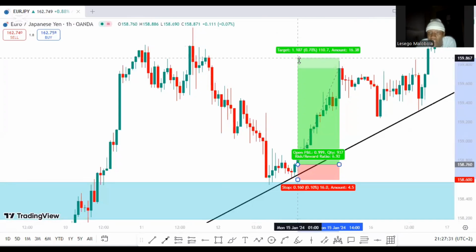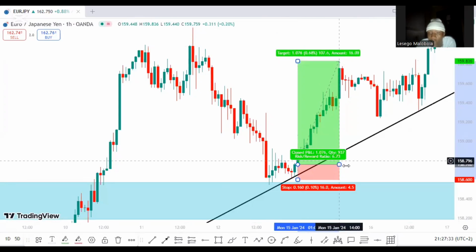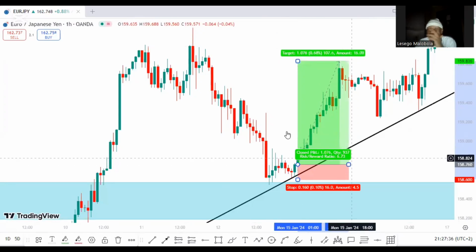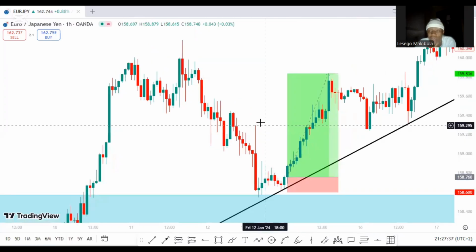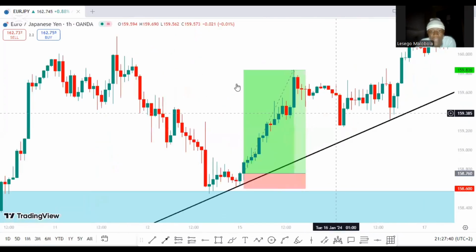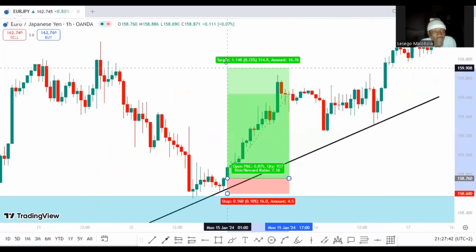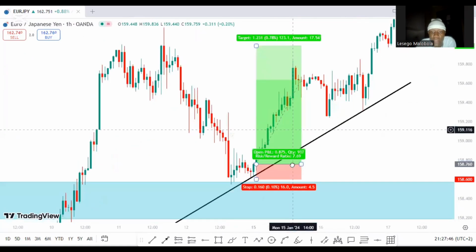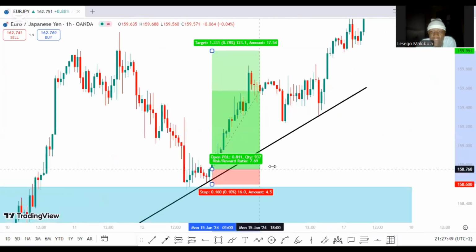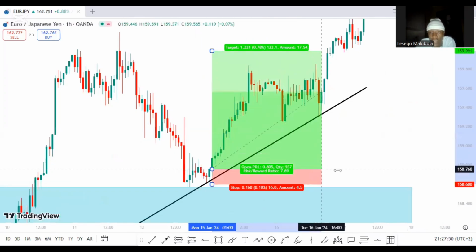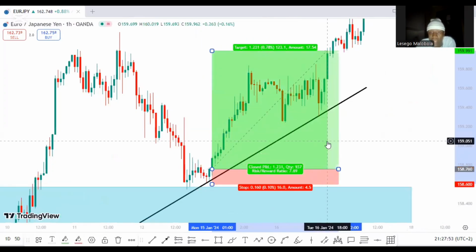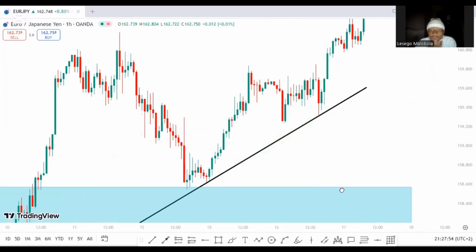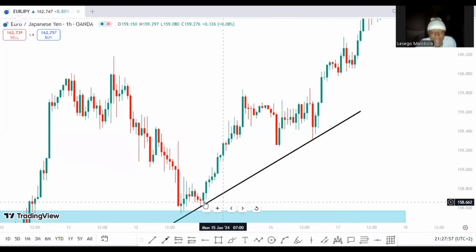But just look at, if price hit our TP here, guys, we would have at least made 6%. 6%, that's a lot of money if you think about it, right? But if you wanted to hold your trades until the previous high, it would have been 7%, but you would have held your trades much longer. You understand me, guys? So moving on, we can see that now we had a third touch here,